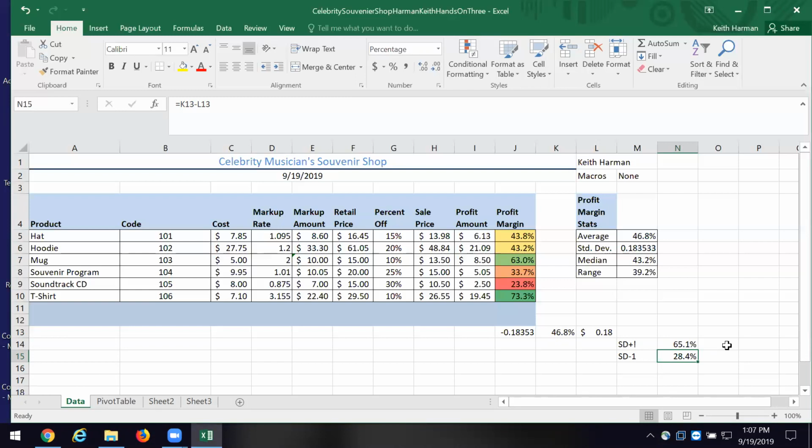So the standard deviation lets me see the mean. Now, I'll visualize it for you here. I would hope that you've worked with standard deviation, but at this point, maybe you haven't. I don't know.